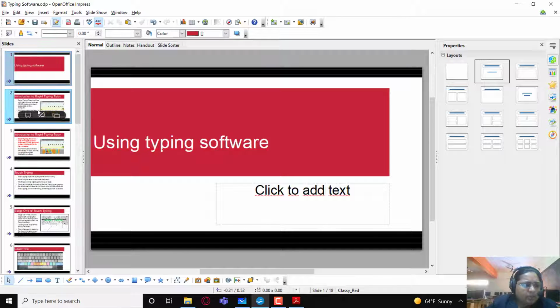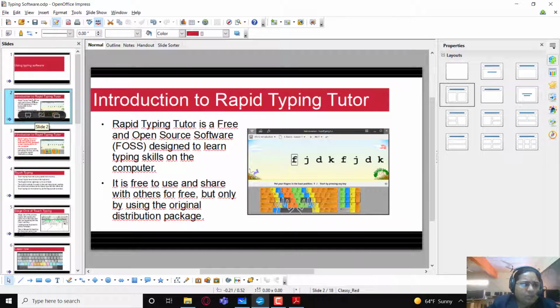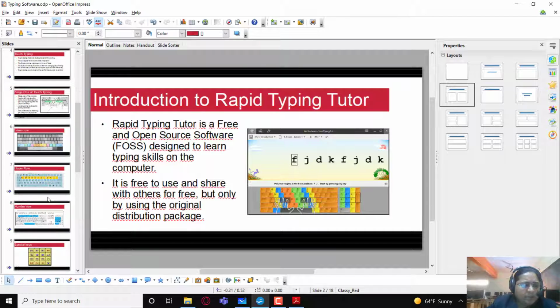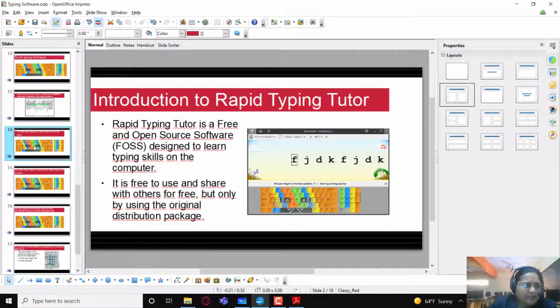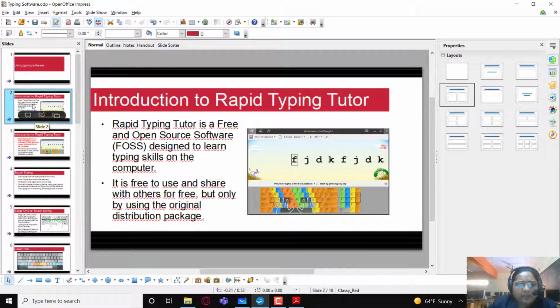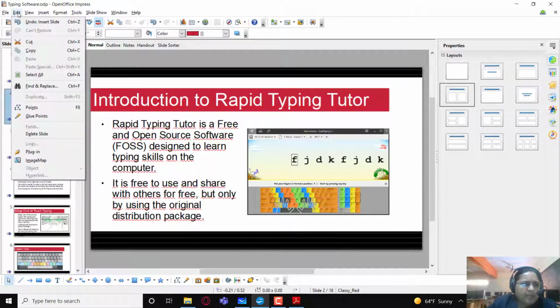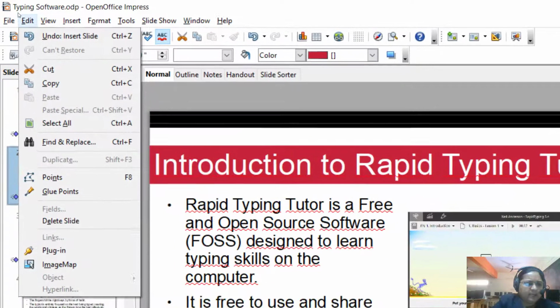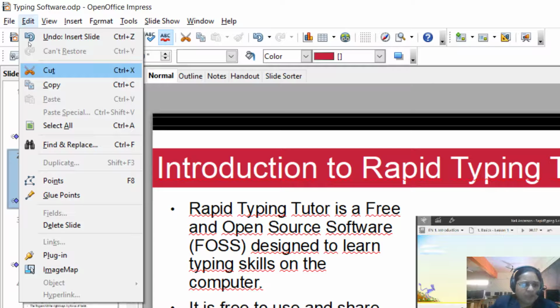Suppose I want to move this second slide and bring it to the bottom or insert it after slide 14. So what I can do is, there are a number of ways to do it. One way is right click on it and select the cut option, or go to the edit menu and in the edit menu you can see the cut option.